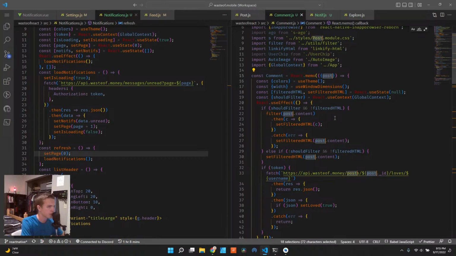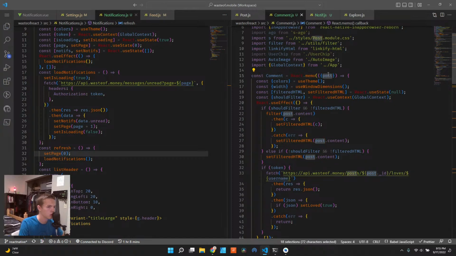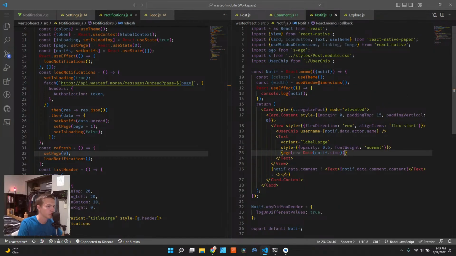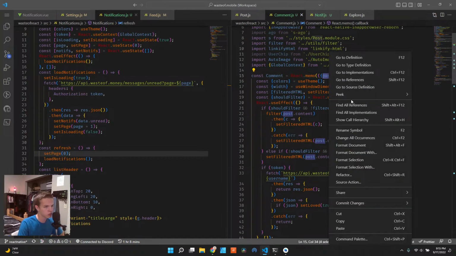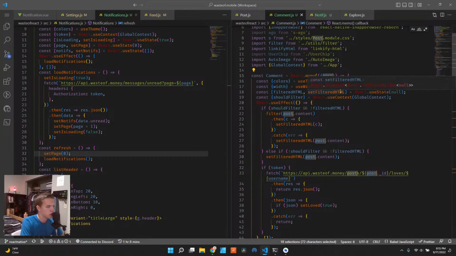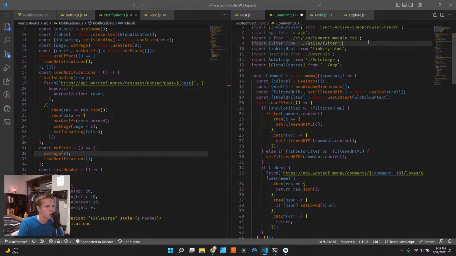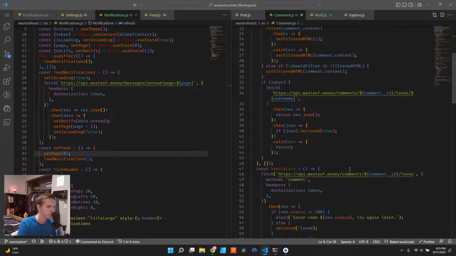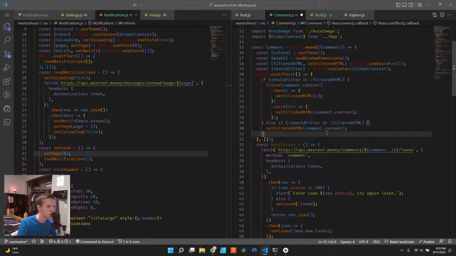There's change all occurrences. So what do you call this comment? Don't need to do that. Don't need this fetching logic. Now I need to see exactly how